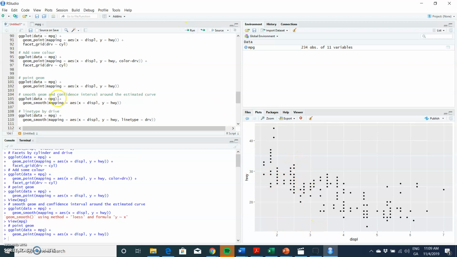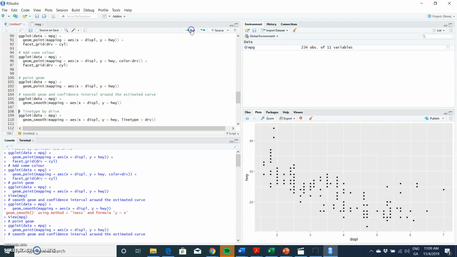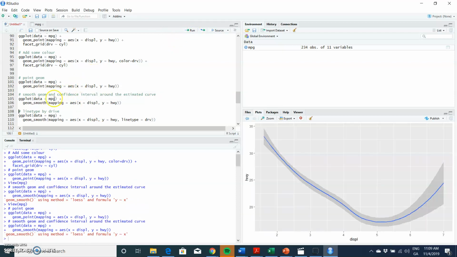But we may wish to look at, instead of points, maybe we want to observe a trend. Can we put a trend through the data that we observe? Let's try that. And if we run the